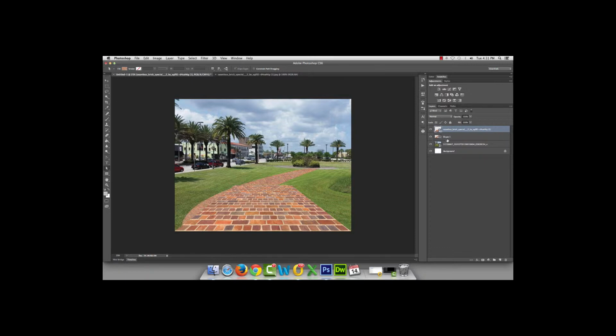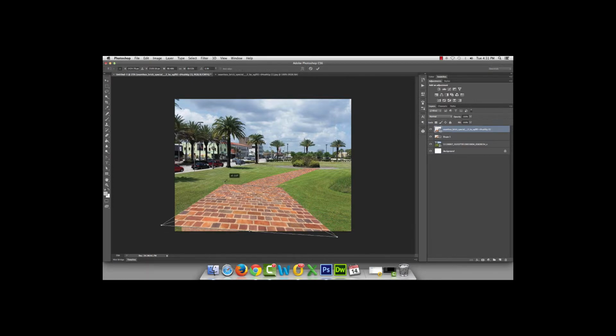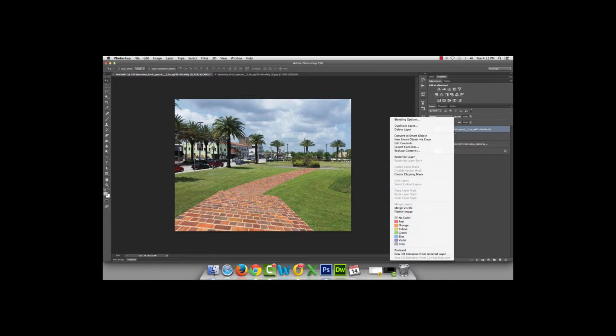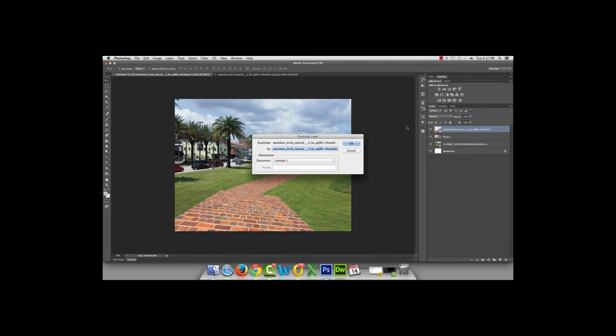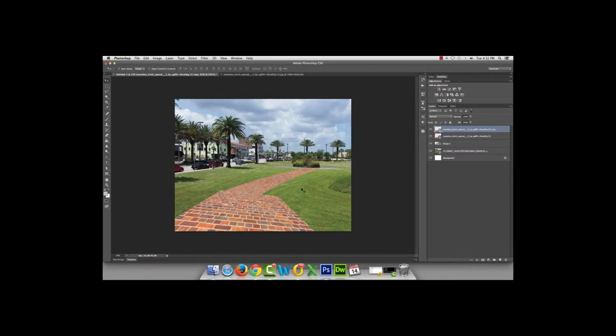So just to sort of line it up as I can try to line it up, let's see. I'm just trying to line it up, maybe transform and tilt it a little bit so that it's sort of moving in the direction of the path that I started to build here. And if I wanted to duplicate my layer, and again, shrink,